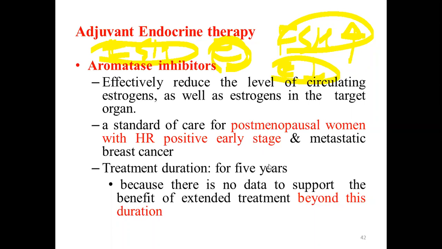This is why we have to assess the patient before we initiate treatment. Okay, good. Then how long do we give aromatase enzyme inhibitor? Yeah, there's a lot of diversity. In fact, I had even a long discussion with the medics about these issues. Some literature says 10 years. Some literature says 5 years is adequate, especially for aromatase inhibitor. There is no data to support the benefit of extended treatment beyond this duration.